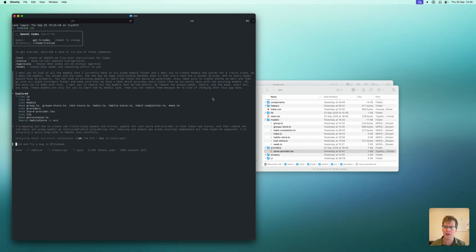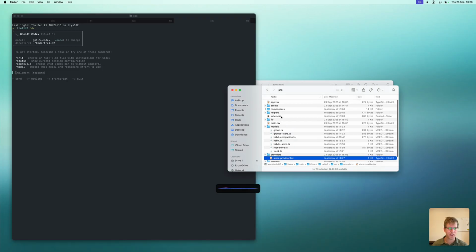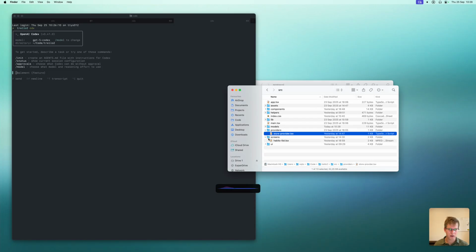Maybe I can give it another task. I want you to look at the UI that we have. We have a screens folder in src, so it's src/screens. Currently we have a habits list. Instead, I want this to be called, let's say, project view, okay? And I want you to actually go ahead and use our